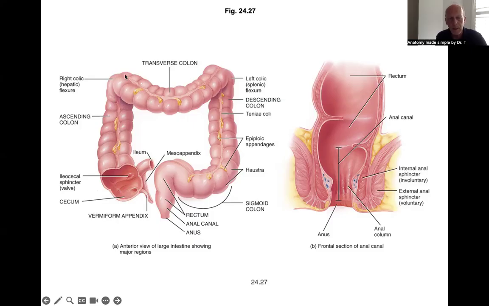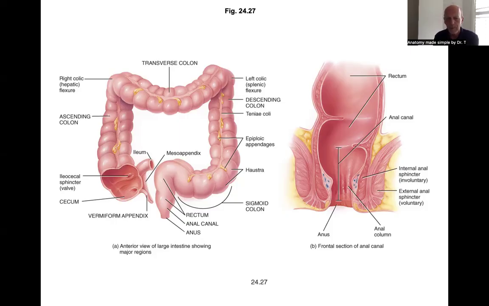The transverse colon, again, is interesting for us because it's intraperitoneal part of the large intestine, running across from right to left, and once it reaches the region of spleen, it makes another turn, left colic flexure or splenic flexure, and transverse colon becomes now descending colon, which is again